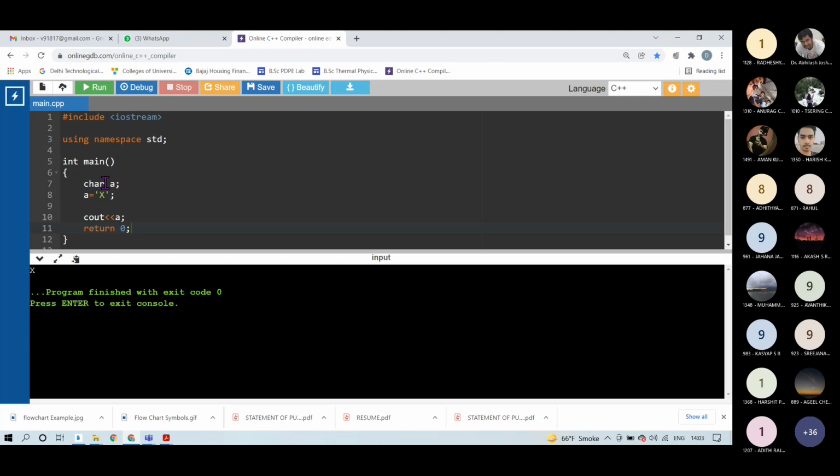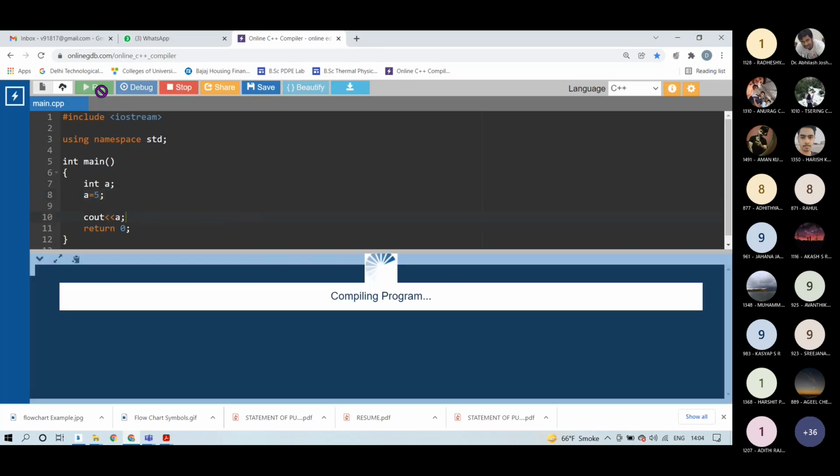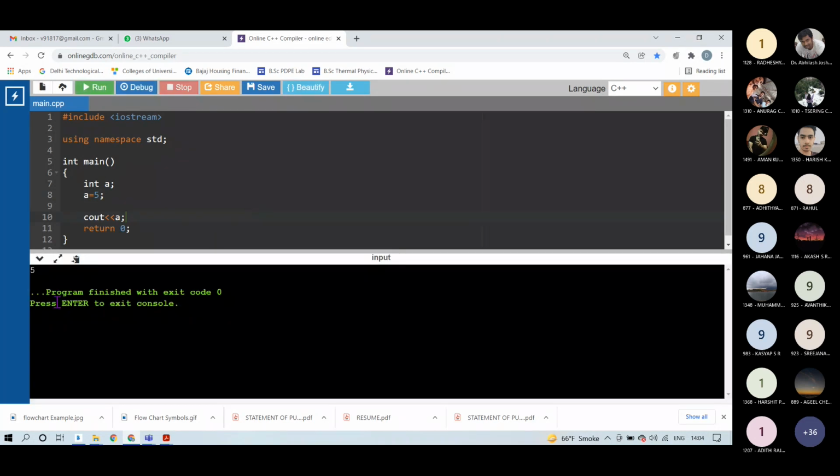So similarly, let's say if I want to declare this A as int, and I want to store 5 into this, then this single quotation was not needed, as you have seen in earlier programs. But yes, for character type and for string type variables, the assigning has to be done in single quotations only, otherwise it will give an error.